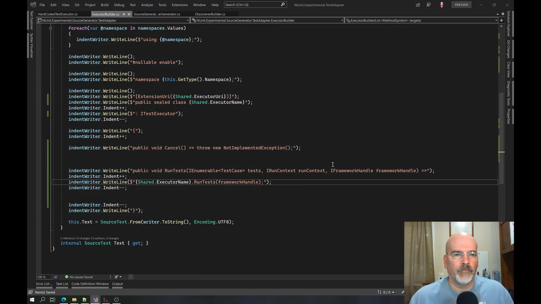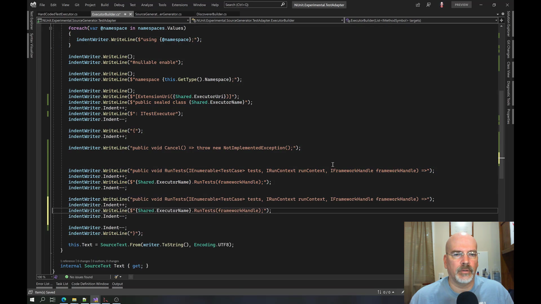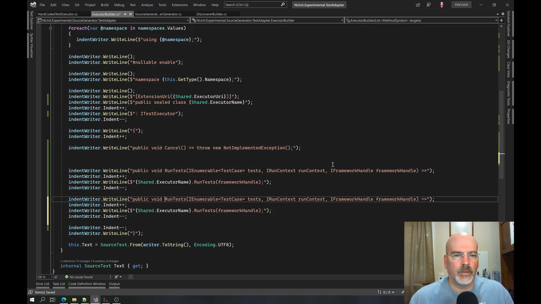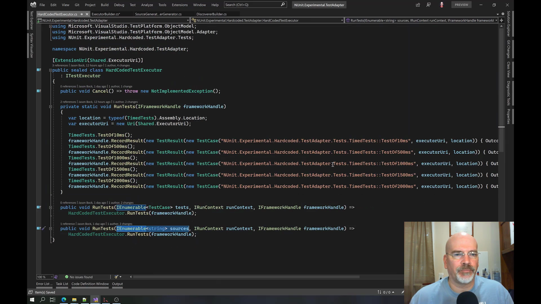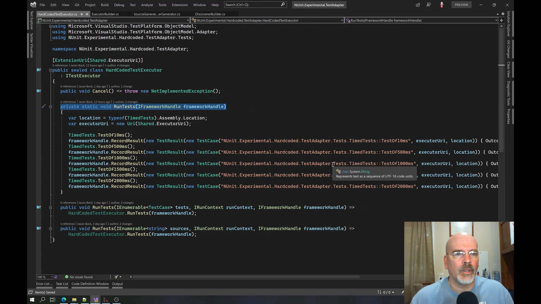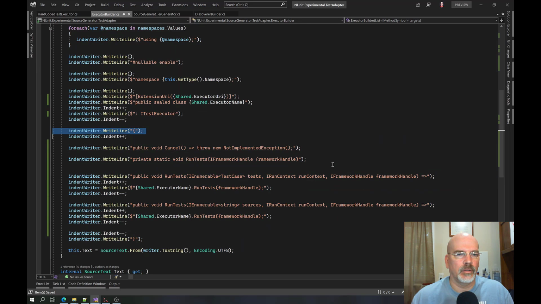Okay. Because that does that. And then we want the other one. And this one is just IEnumerable of string sources. Okay. All right. Now we can actually do the real part, the real fun part, which is we want to have a private static void of this. Okay. And then we're going to do an indent